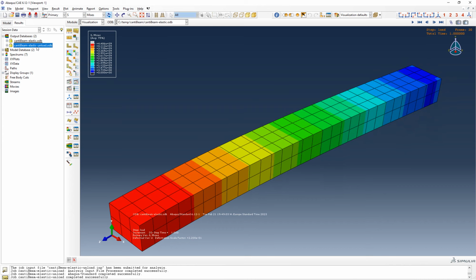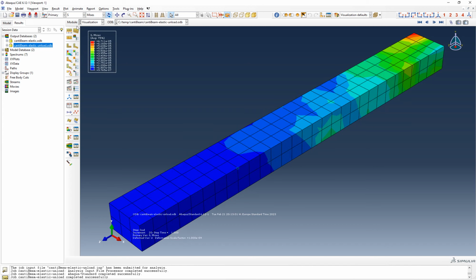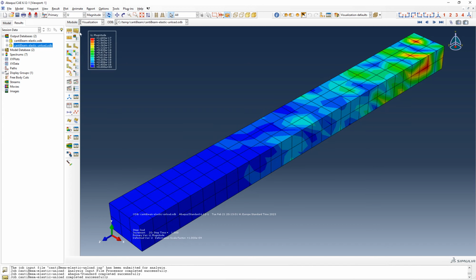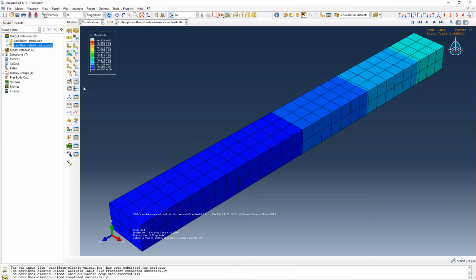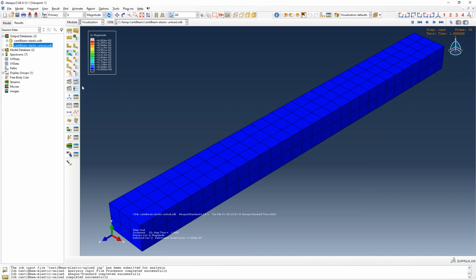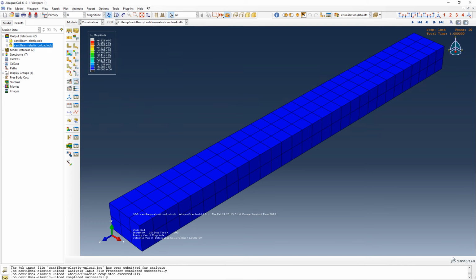Now if I go to the next geometry, I select deformation, and now I see what is happening. You will see that it will deform and then it will undeform, but it didn't deform that much, probably because the scale factor